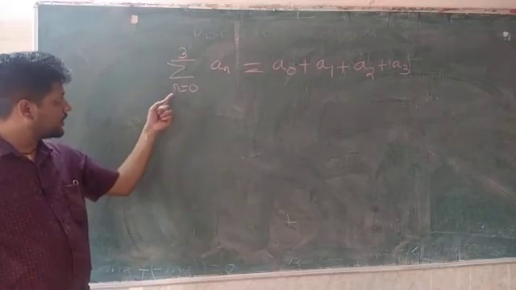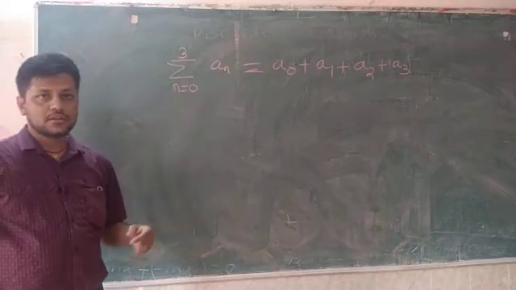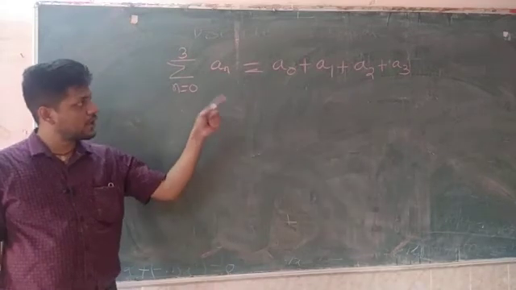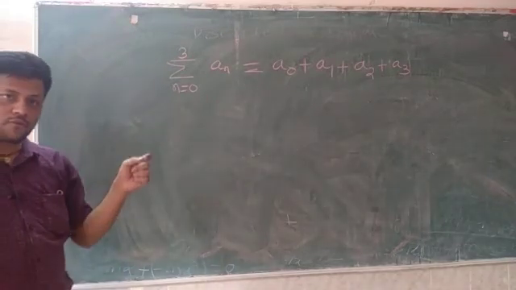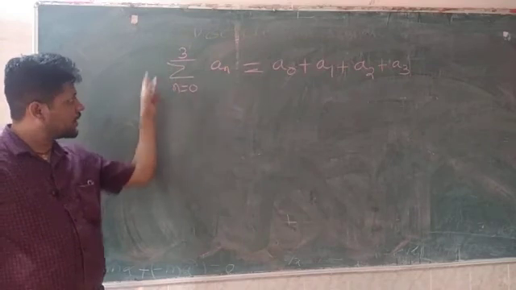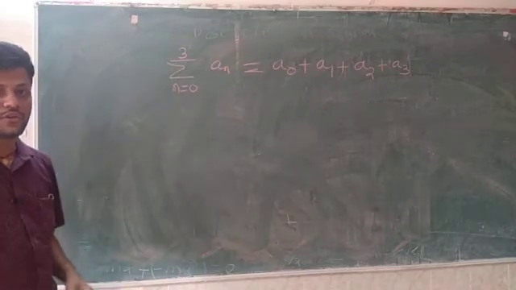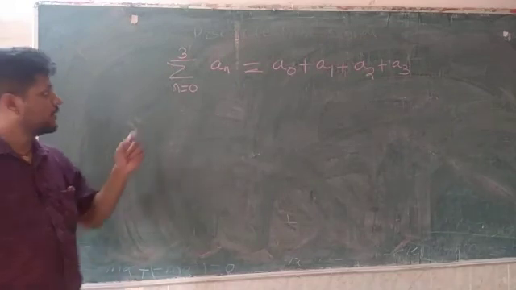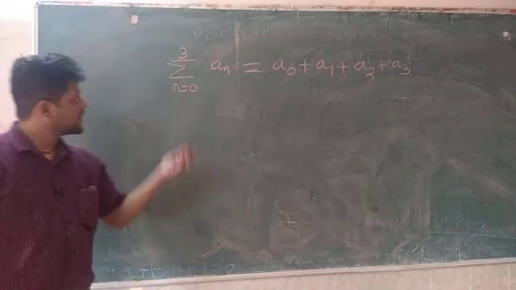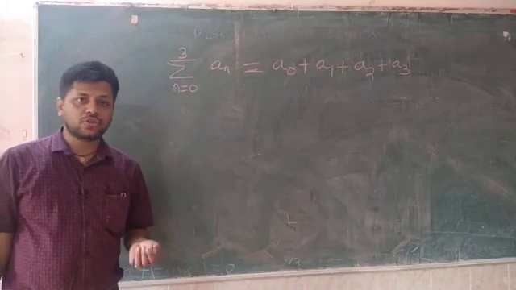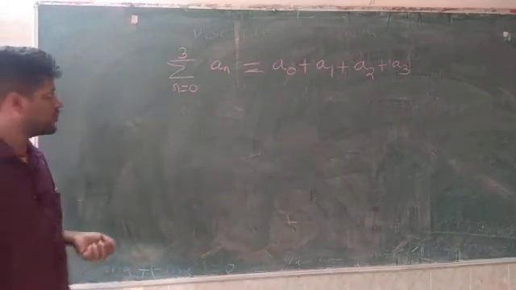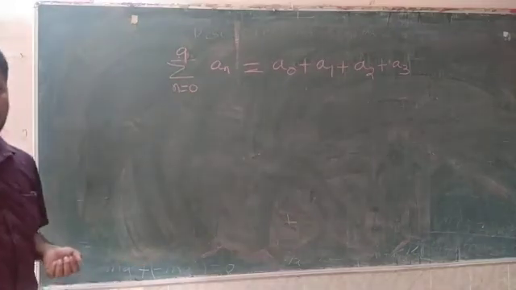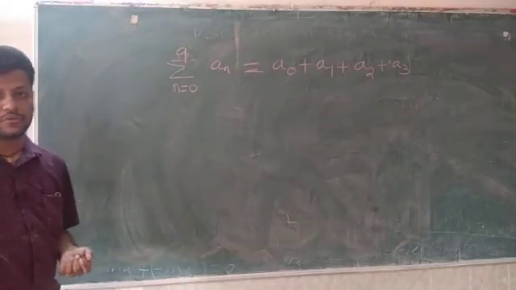If I write n equal to 0 to 3 and open this, I have 4 samples: a0, a1, a2 and a3, and the sum of all 4 samples is written mathematically as summation of n equal to 0 to 3 an. For example, summation of n equal to 0 to 9 means a0 to a9, and we have 10 samples.